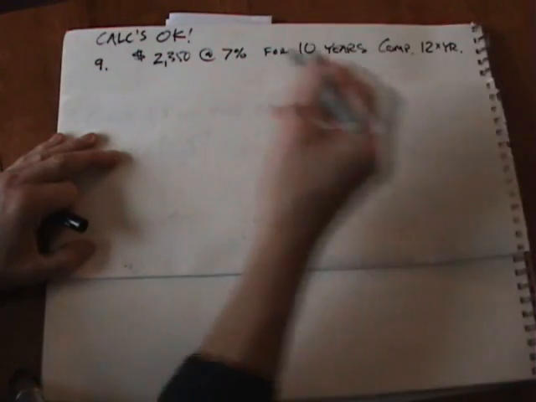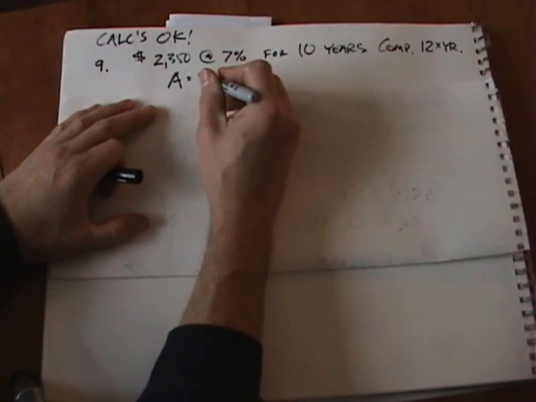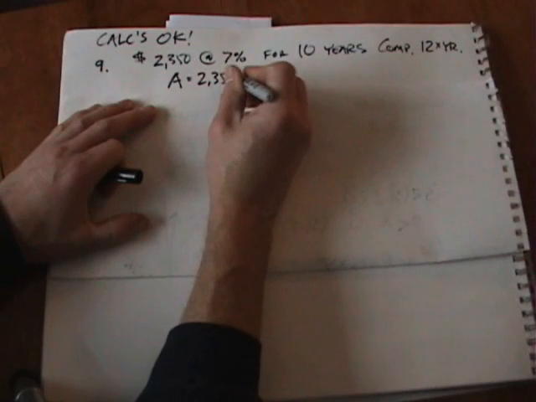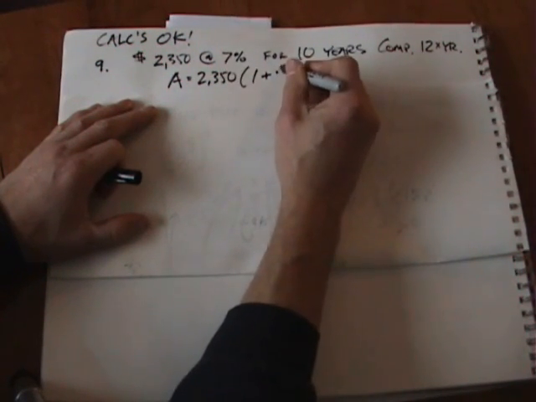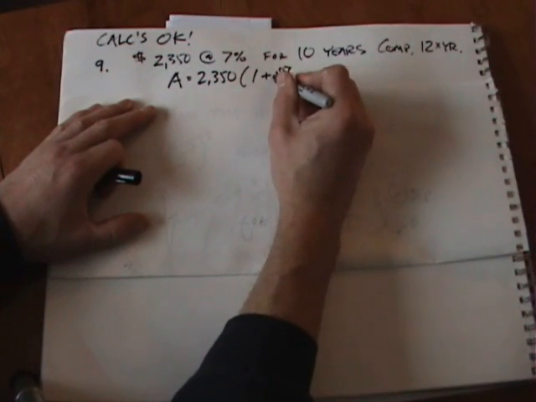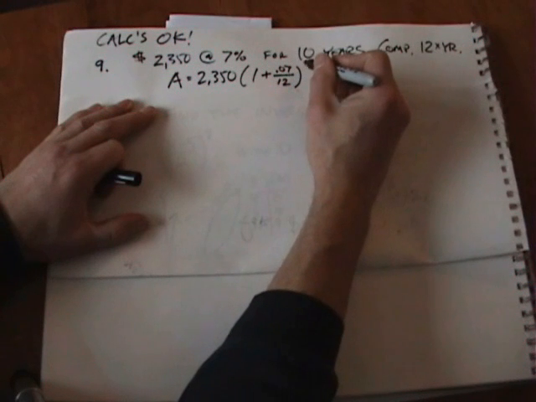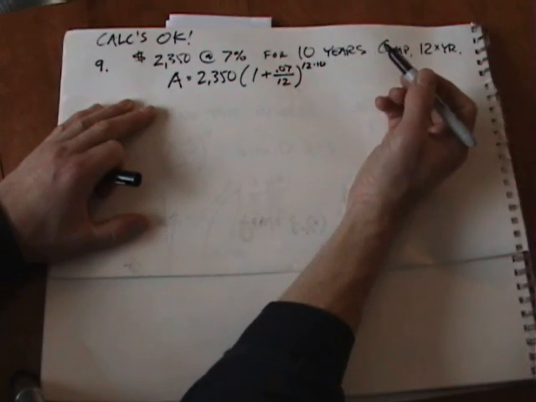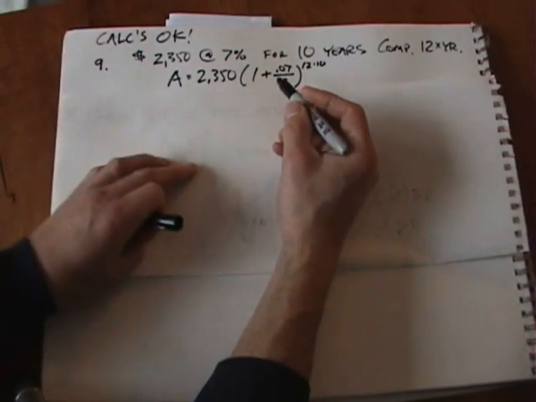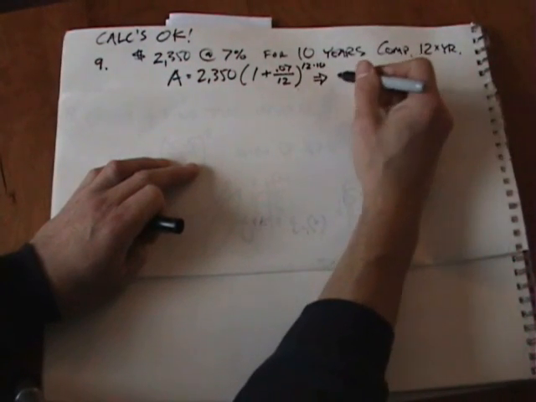All right. So the equation then is that the amount we have is going to be based on the principal, 2,350 times 1 plus our rate, which in decimal form is 0.07, and we're breaking that up into 12 bits because we're checking on it 12 times a year. So then up here in the exponent we have to do that 12 times each year times the 10 years it's invested. When you plug that all in very carefully on your calculator, it'll look something like this: